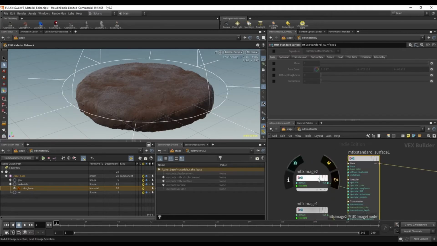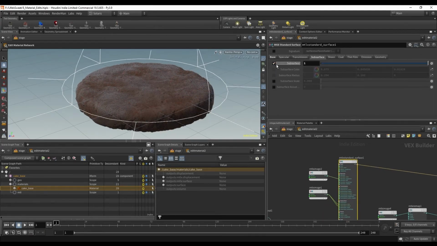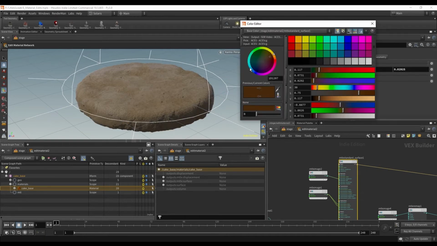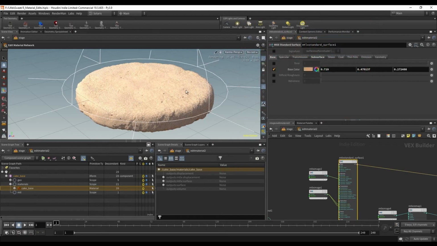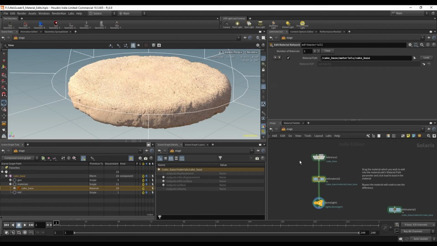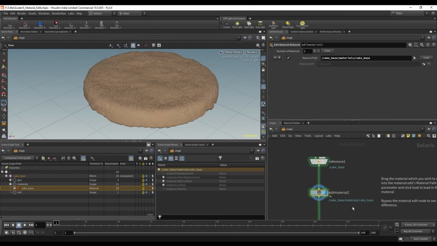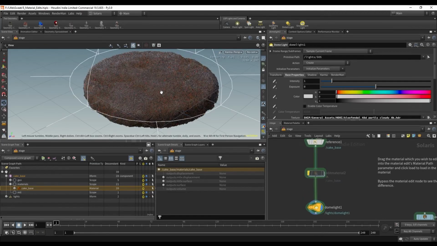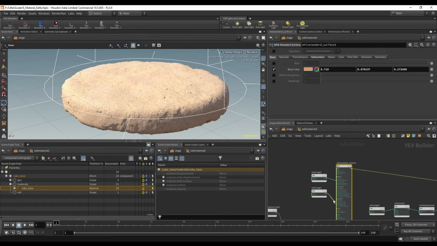that we're asking for. So let's just see what happens if I activate base color, and then I go over to subsurf and I activate subsurf, and I switch off subsurf. So I've switched off subsurf, and all I'm using is base color. This base color can now be adjusted, right? So maybe it's something like a vanilla cake. Something like that. You can see that I'm now actually making changes to the material. But this is non-destructive. If I go up a level, back to my cake, you can see I still have that original material, and then I'm just making a change over here. That means that I could easily bypass this node and end up with the exact same thing that I started with. But I now have access to everything inside of here,